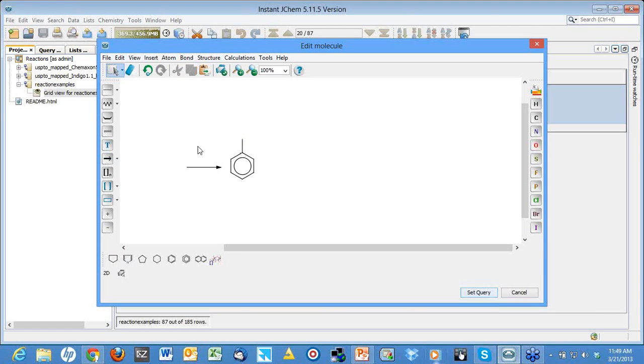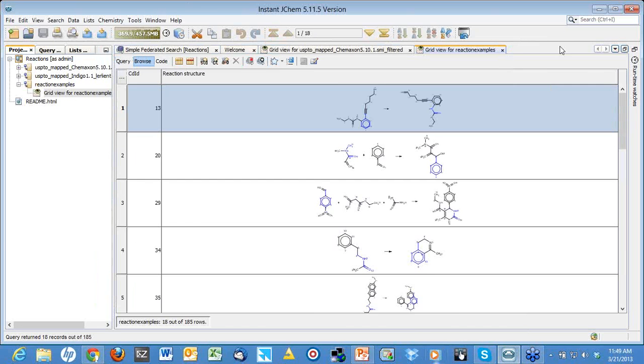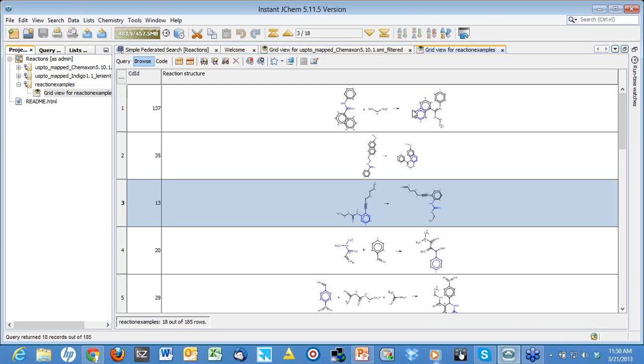Fragments are supported, as I said, so if you want to search for multiple fragments or disjoint fragments, you can do that as well. So let's do a simple fragment here. Let's put an oxygen, and let's put the nitrogen here and set the query. You can run it and you can see that the search is done and both fragments are searched in my